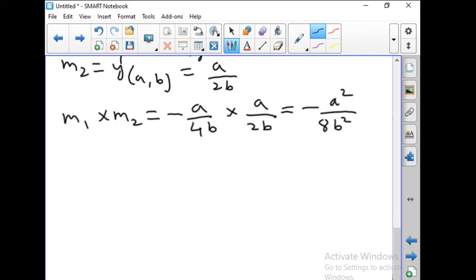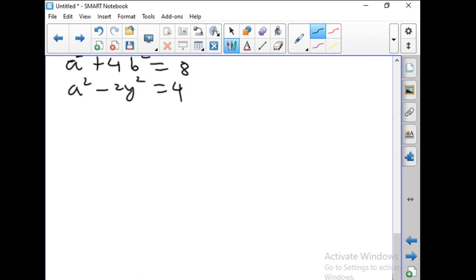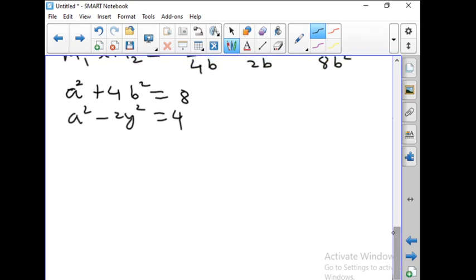Now you have learned cross multiplication, haven't you? So take the two equations. What can we take? a square plus 4b square is equal to 8, and a square minus 2b square is equal to 4. Okay, take these two equations. You have seen how to solve by cross multiplication. So we will find a square by b square by the cross multiplication method. How do you write it here? First a square, next b square, then 1. When writing under a square, we do not write the coefficient of a square, we go to the next one. So 4 minus 2.